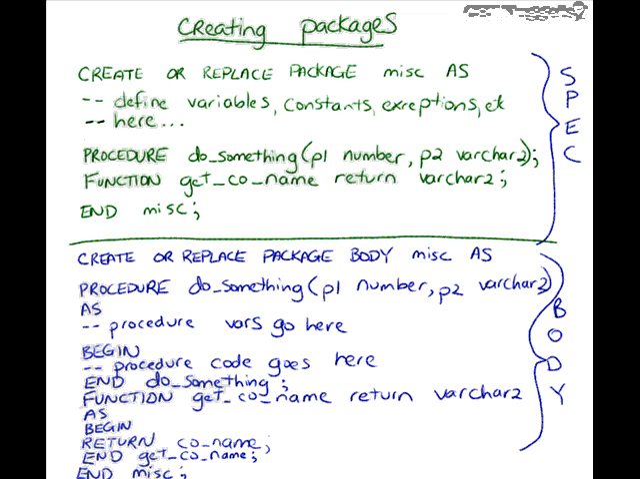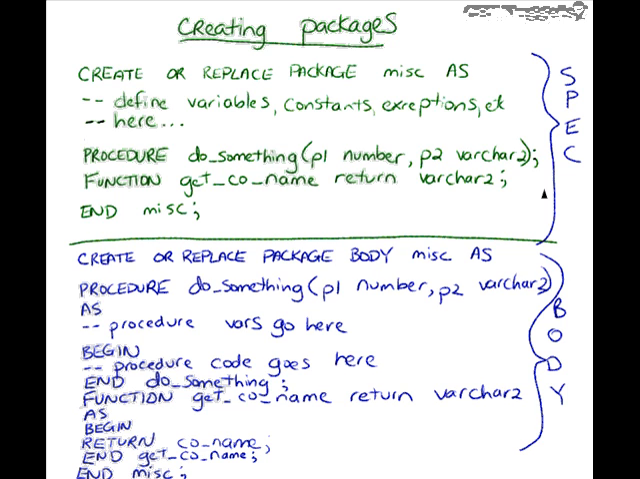Well, to do that, you decide on a name for your package. So here in this example, my package is called miscellaneous, or MISC. It's a two-step process. You're going to create, first of all, the specification. Think of the spec as being what the outside world can see. For example, if you're defining any constant variables that you want to let the outside world access directly,